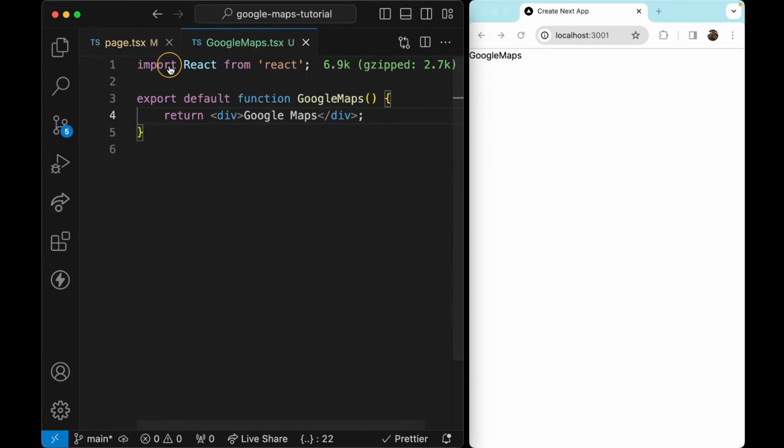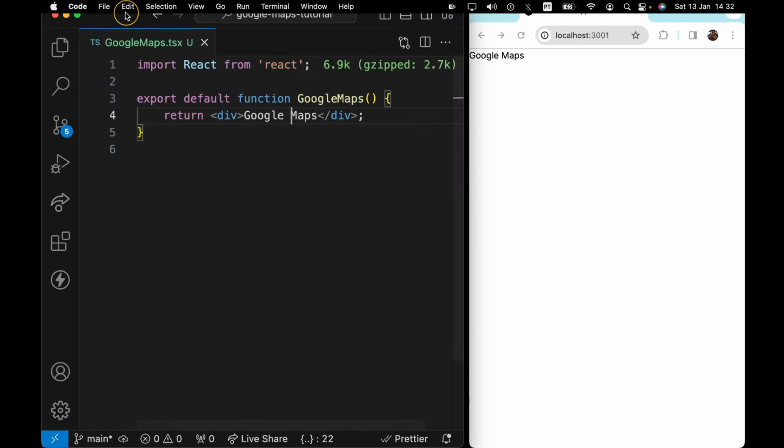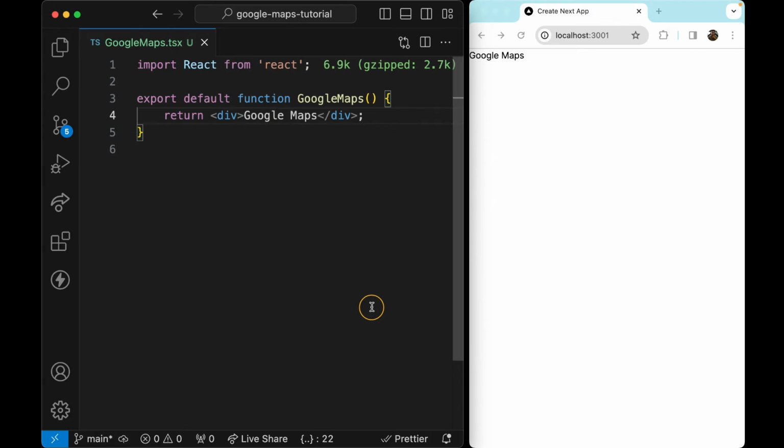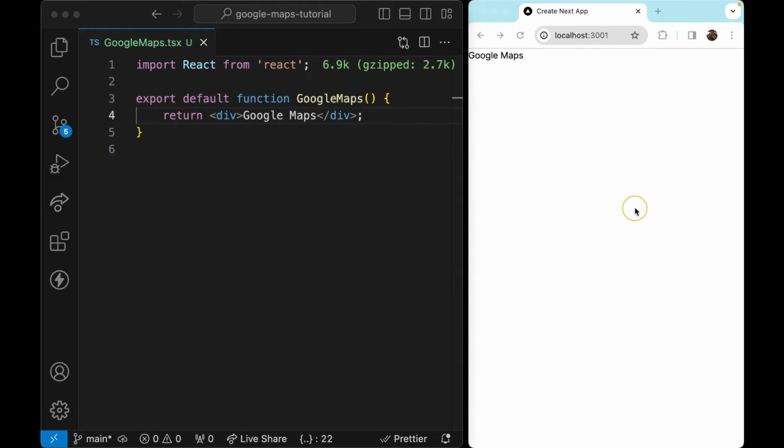So now we can close this file and we are going to work inside this Google Maps custom component. So I'm gonna just change the view to word wrap so you see everything that I'm doing. Okay, let's build this. So as you remember, we installed a package, Google Maps, okay, package. So we need to use that package. We need to grab the loader from that package, and we also need to use the useEffect React hook,